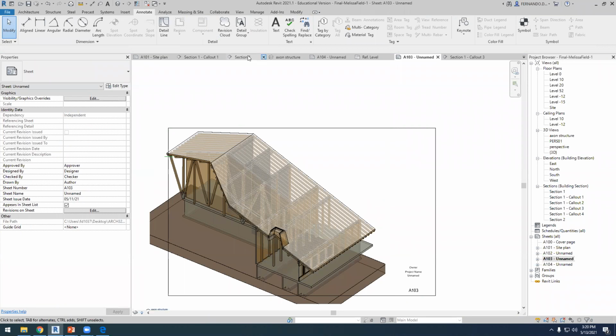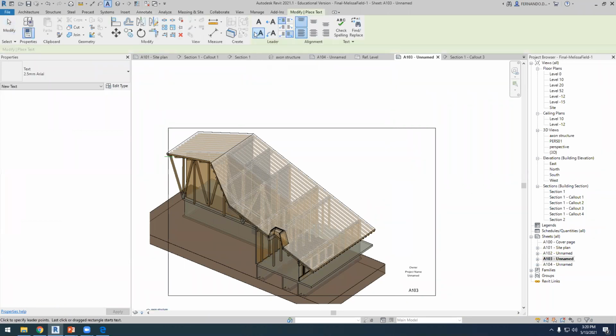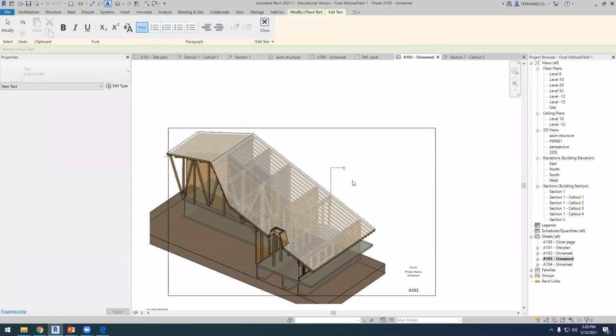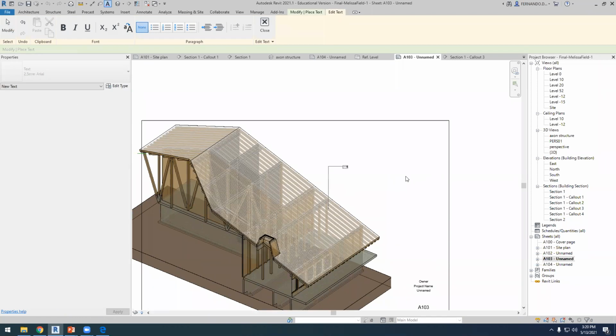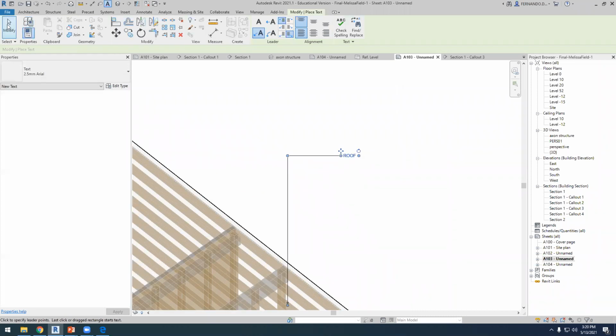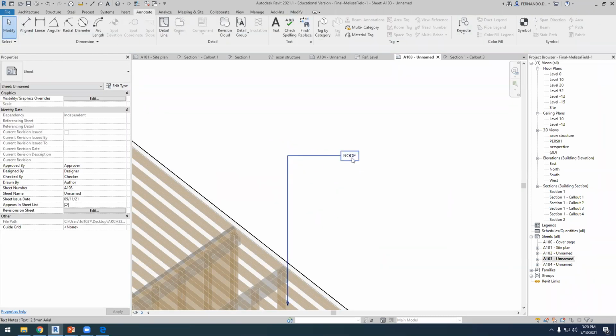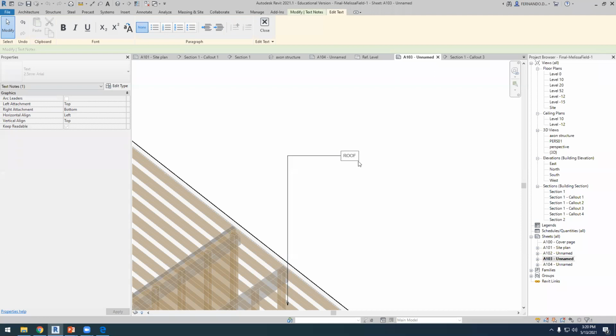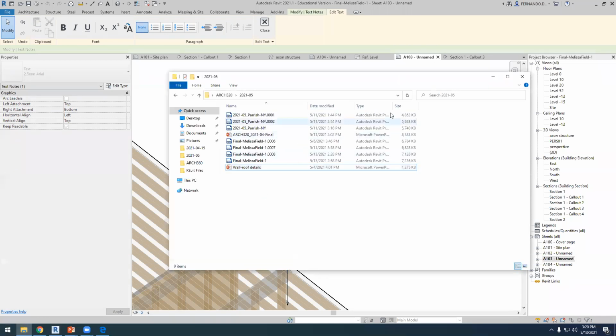So it's about text. We can use text, and we can describe the roof again. And if you remember what we did on that roof,